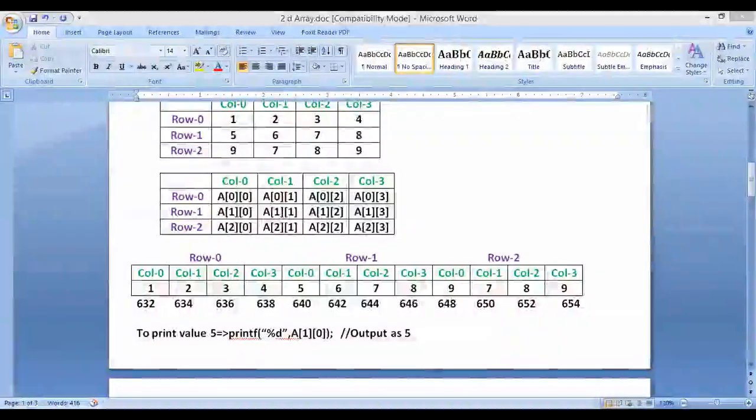Okay. So now you have to print the sum of all diagonal elements. I'm saying about the principal diagonal only, not the secondary diagonal. And here also, one more thing: for the sake of simplicity, I have taken that we have to take only a square matrix, not a rectangular matrix.